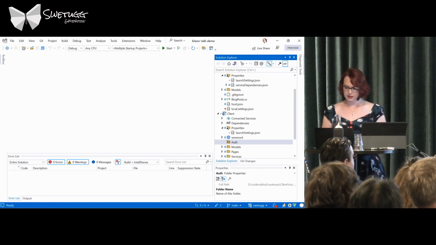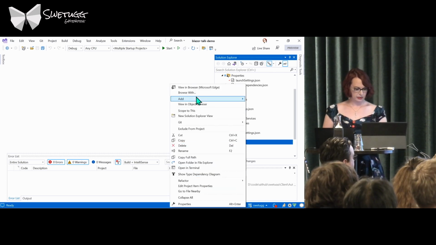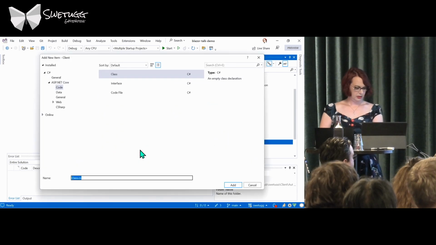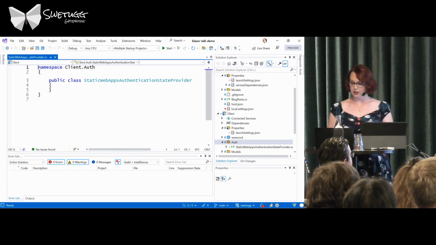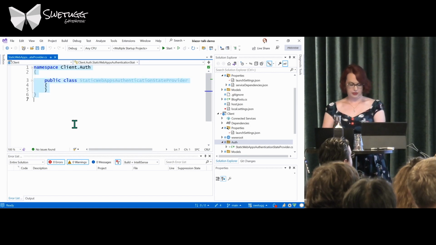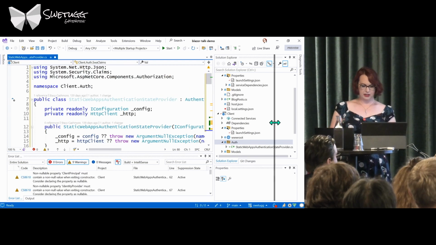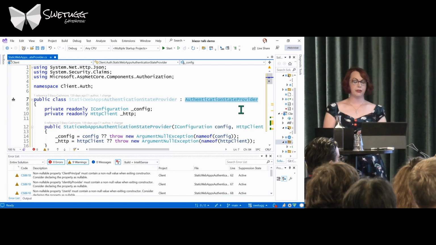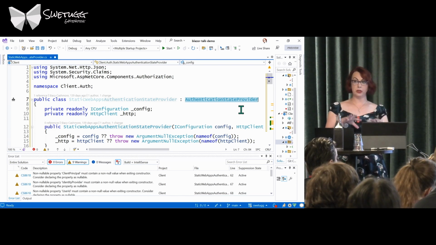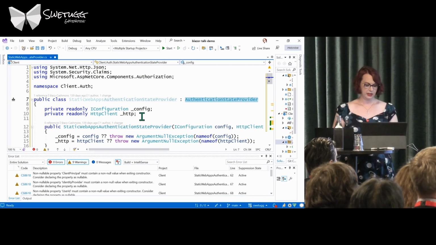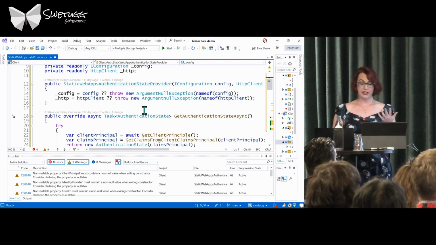We're going to add a new class, and that's going to be Static Web Apps Authentication State Provider, and then we're going to bring over a whole load of code to go through. So the class that we've just made, it inherits from the authentication state provider. This is what we need to inject inside of our DI container in order to get authentication to work. We're passing in a config file and a HTTP client, and we'll get to why we need the HTTP client